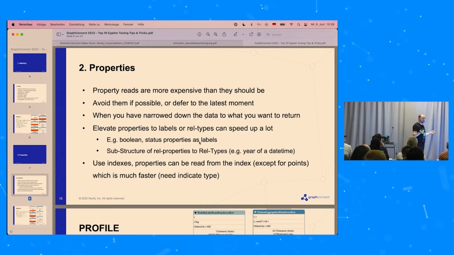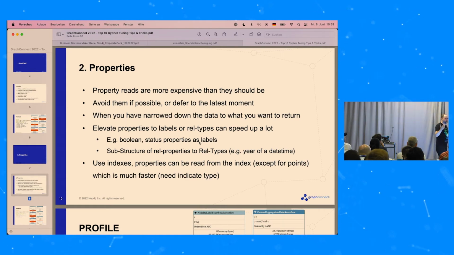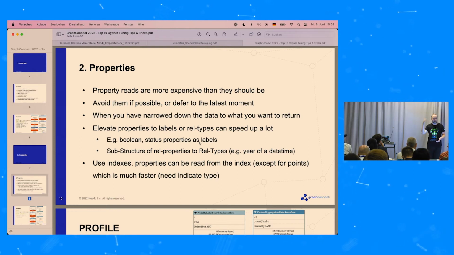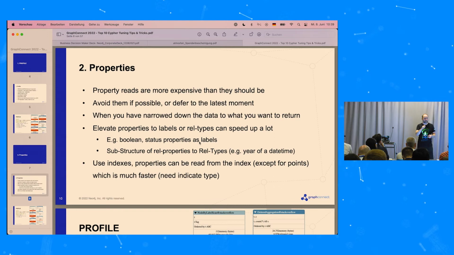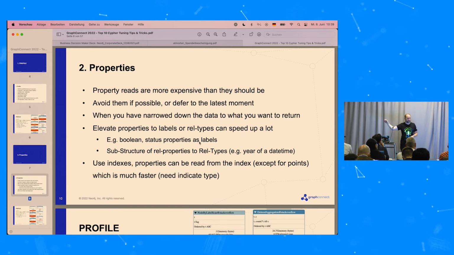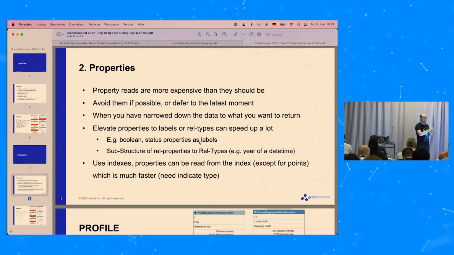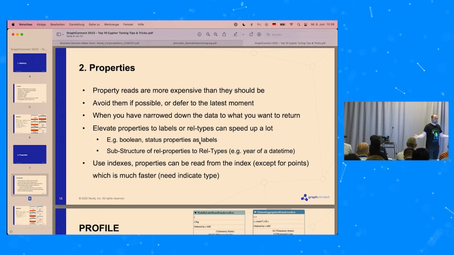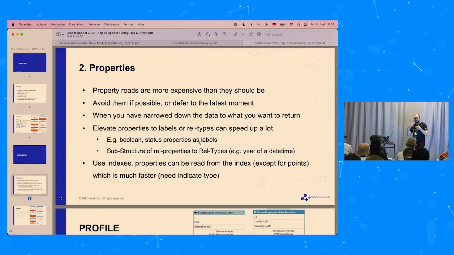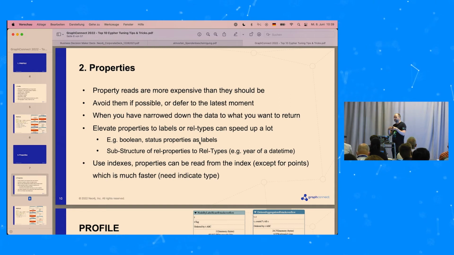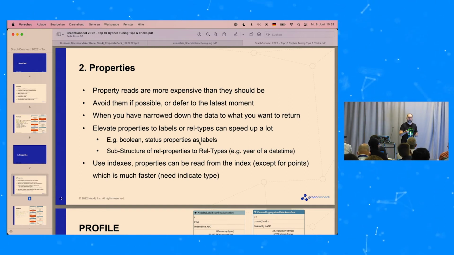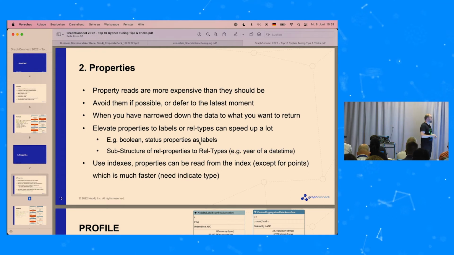So that's one thing. The other thing is kind of elevating properties to a label. So for instance, if you have something like a status, like active, not active, deleted, all this kind of stuff, instead of setting where n.deleted equals true, you just move it up to a deleted label, and then you can fetch all the nodes that have deleted, or you set a label like processing or being processed or whatever, or status like active, inactive,